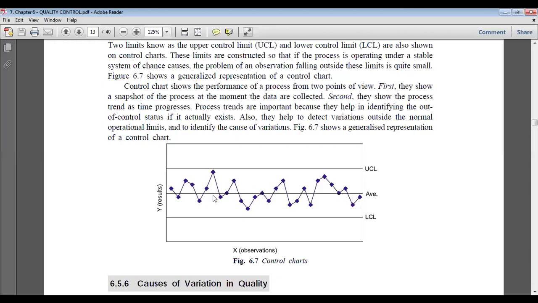For example, we have taken 20 parts defined by the sampling plan. We will define first part, second part, and so on. Suppose the first part is 10.2, so plotted here. Then the second part is 9.9, plotted here. Then the third part is 10.4, then 10.35, then 9.8, then 10.1, then 10.4, then 9.9, exactly 10, then 10.3, then 9.8, then 9.7, then 9.9, then 10, 9.8, then 10.2, 10.3,